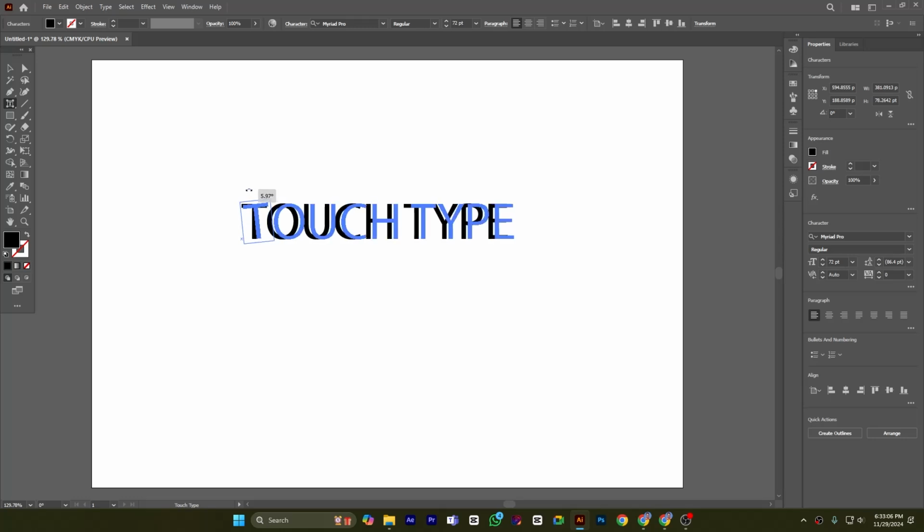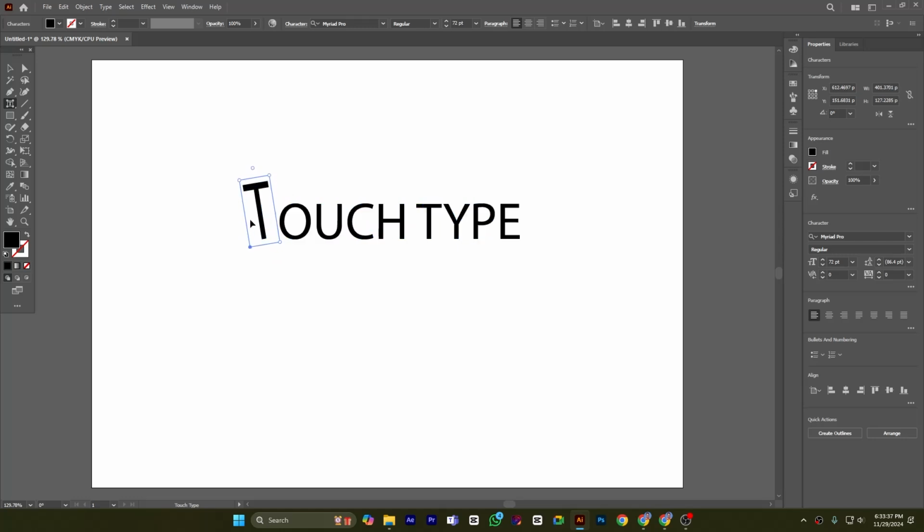So I want to rotate this T. You can see no other alphabets changed except T, as the Touch Type tool is working on this T now. So I am rotating with it. You can see now a handle appeared here. I can pull down with this corner, and with this corner I can stretch